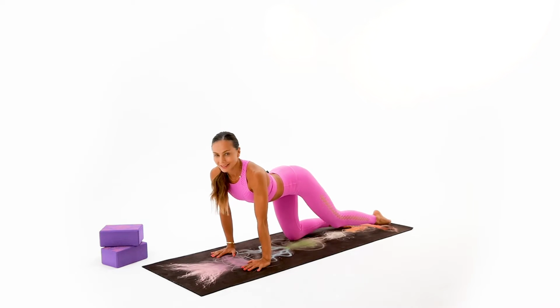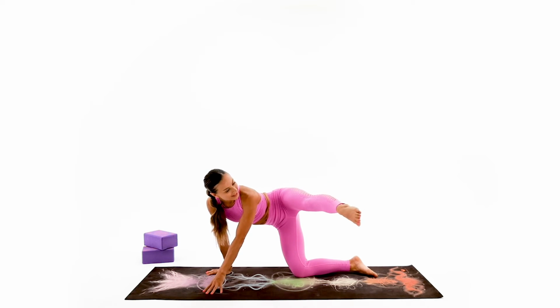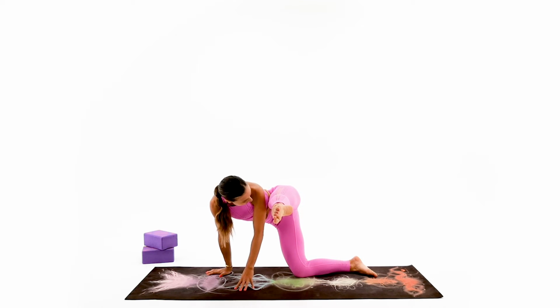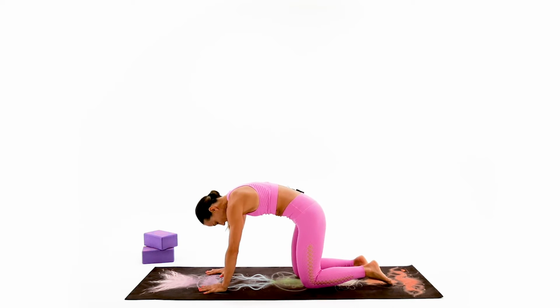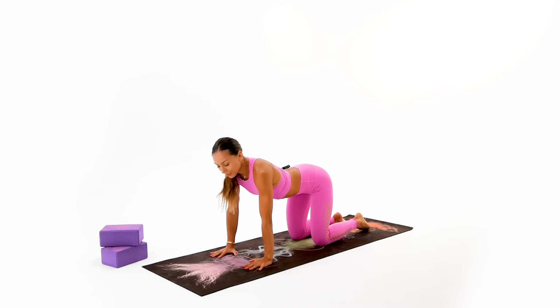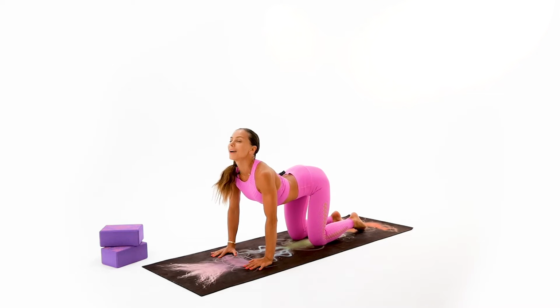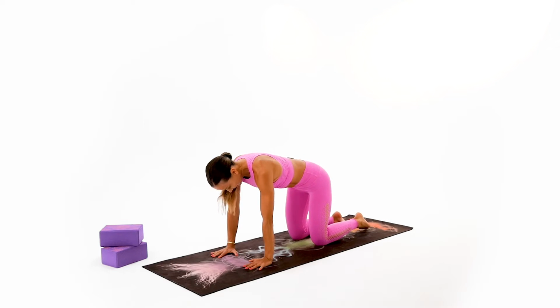And let's lengthen it through the right leg, all the way, look towards the right. Draw the right leg, give it a good soft twist if you need to, tap the leg on the floor. Breathe. Take it all the way back around your spine, guys. Relax your neck. Let's take one more move to the cow pose, one more to the cat pose, and let's